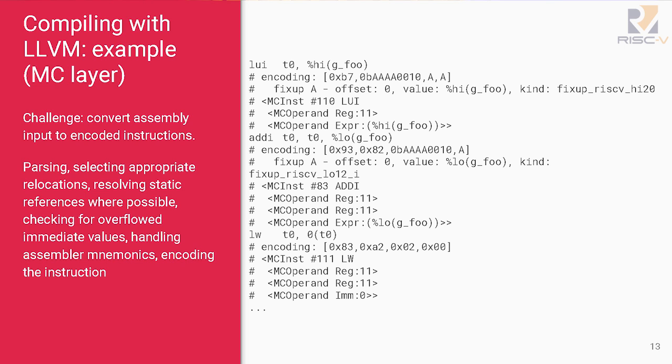We can see that we have an add, an add-I, load word, LUI, and there's obviously a very obvious candidate for peephole optimization here, as the add and the load are kind of redundant together. All this is done through a sequence of patterns specified in the domain-specific language I'll mention next. And then finally we end up with machine instructions, where the lowering to actually encoded instructions is straightforward.